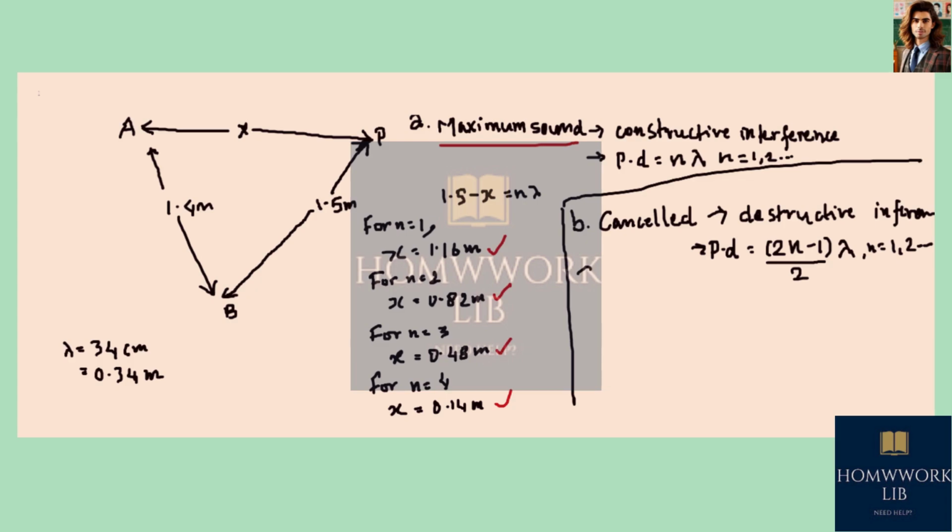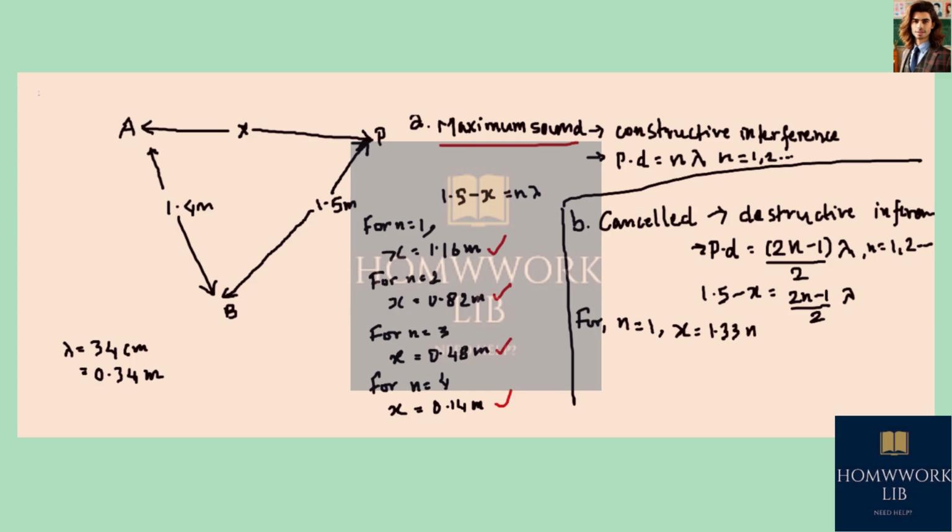So again, let's do this turn by turn. Let me write the equation first. So path difference equals 1.5 minus x should be equal to (2n minus 1) by 2 times lambda, right? Now for n equal to 1, if you put the value of lambda to be 0.34, then the expression gives me x equals